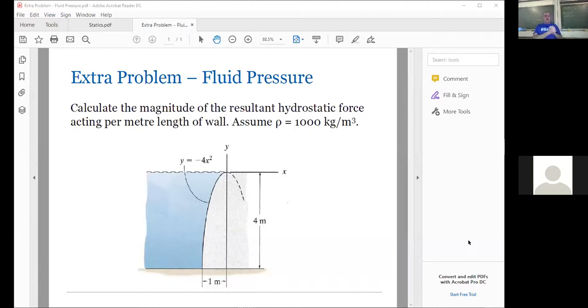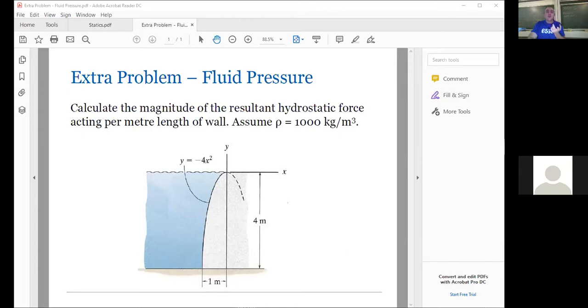And it's told me rho is 1,000 kilograms per meter cubed. I'm presuming that's the density of the water. And it wants the magnitude of the resultant hydrostatic force acting per meter length of the wall. Okay. So I think there are some assumptions here. When it says per meter length of the wall, I think it's saying that actually this,